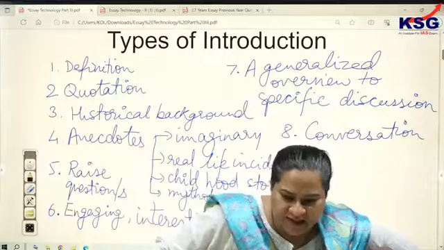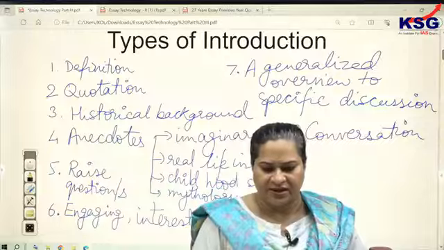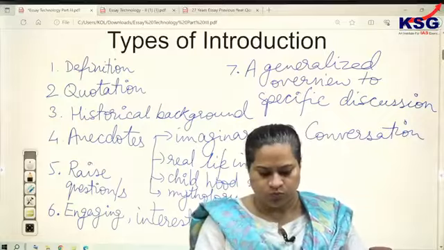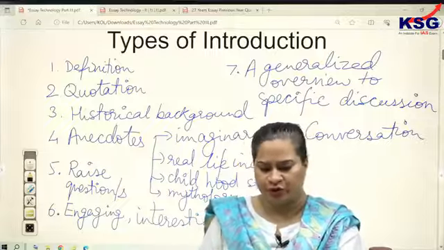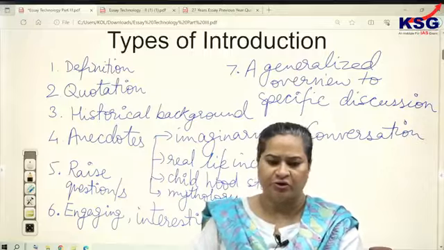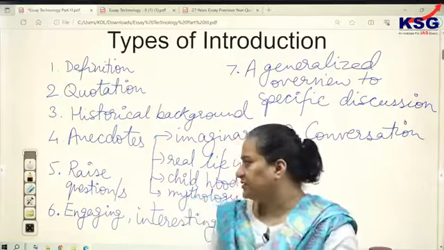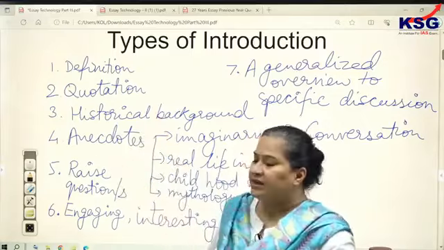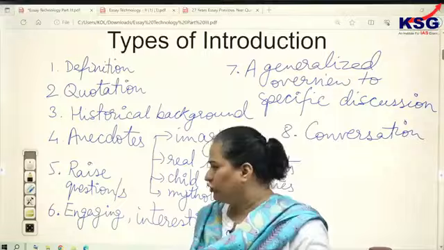Build up stories, hinting the points, hinting the topics, taking clues from newspaper articles. Great, great, Shubhash. Regarding these types of introduction, how to make these introductions engaging or interesting enough, let us understand as we are building upon each one of them. So first, I'll take up definition and quotation and substantiate the same for all of you.